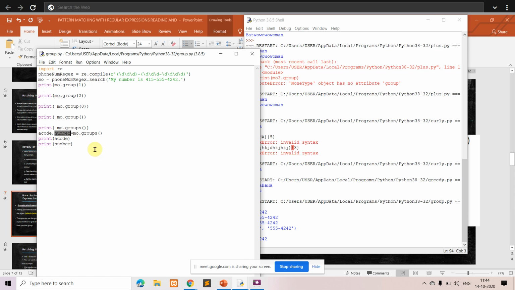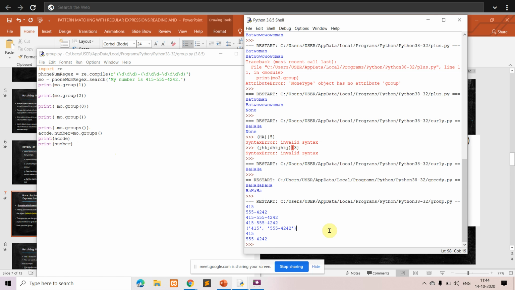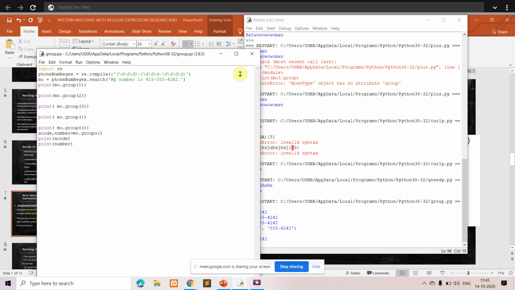In that case, I can assign it like this, and print the area code and print the number. When I say area code, 415 will be printed. When I say number, 555-4242 will be printed. This is an example of groups wherein you can specify the number of the group, or if you're not specifying anything, the entire group will be taken. Okay, this is one example.